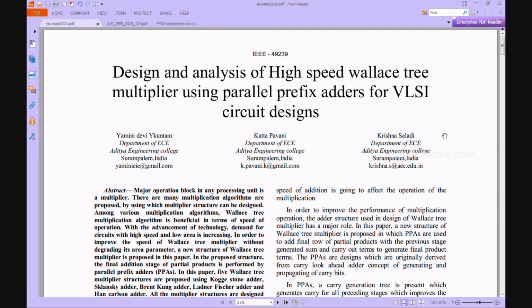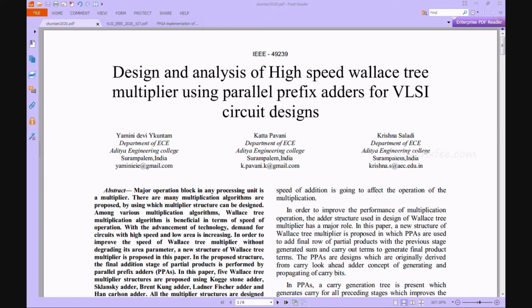Recent arithmetic application-based circuit designs have more demand for high speed and low area. In this manner, the proposed approach of this work will improve the speed of the Vedic multiplier using the 4:2 compressor method without degrading its area parameter. Thus, the proposed method integrates more efficient and reliable Kogge-Stone parallel prefix adder, Brent-Kung parallel prefix adder, Sklansky parallel prefix adder, Ladner-Fischer parallel prefix adder, and Han-Carlson parallel prefix adder based operations in the Vedic multiplication on the final addition stage of 16-bit data width.